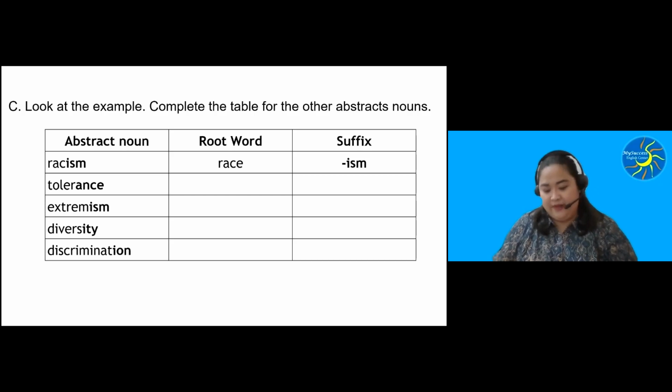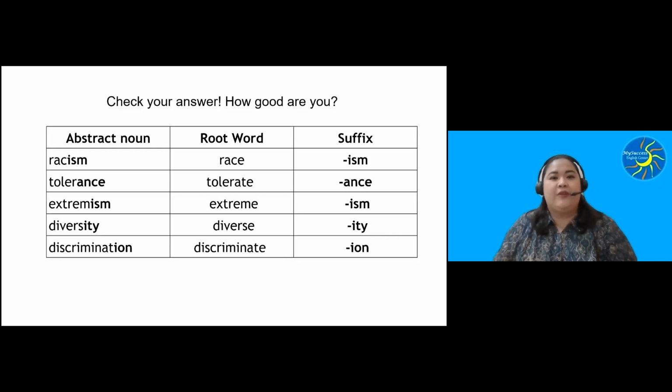Okay? Right. Now, let's check your answer. How good are you? Okay, so the root words are race, tolerate, extreme, diverse, and discriminate. Okay, wonderful. So your answers are correct. Now we move on to the next